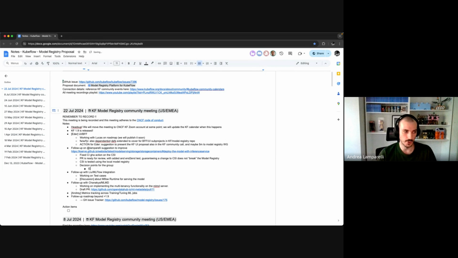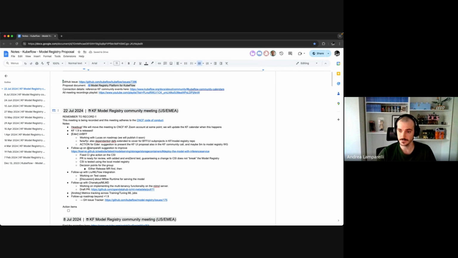Or we release both the CSI and the model registry together. Yeah, exactly, Dirk. We release in the same step. The only difference is that the model registry will be released as it is right now. The CSI doesn't have a fixed version of the model registry, but it will just reuse the same model registry code base that it has locally, and push the container image of the CSI with that.